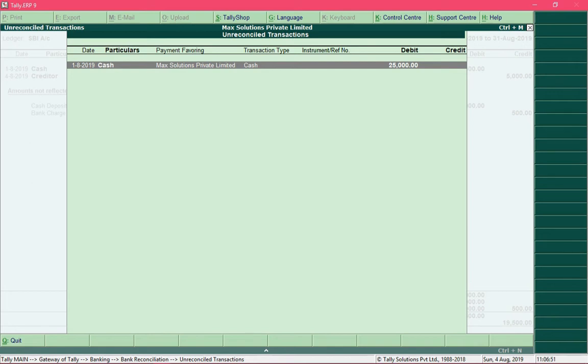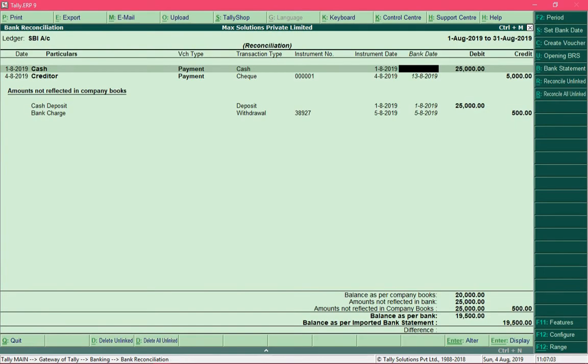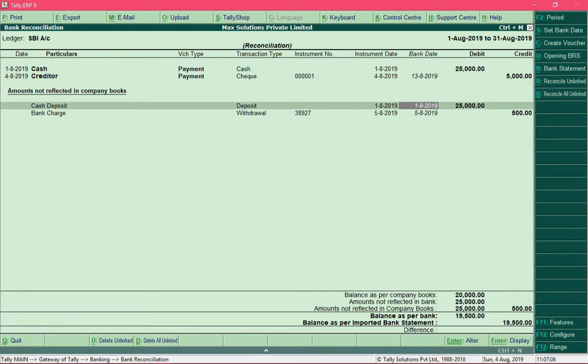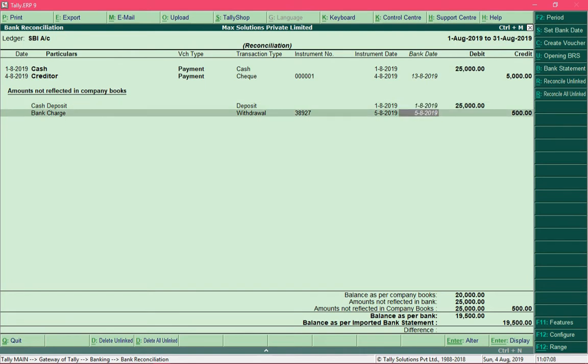So right now I won't reconcile this entry because there is also another way to reconcile all the entries together, and you will learn about it shortly. So I will press the escape key, and after reconciling this entry, then you can move to the next entry